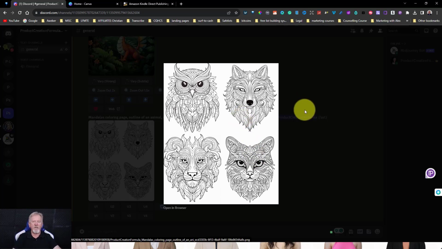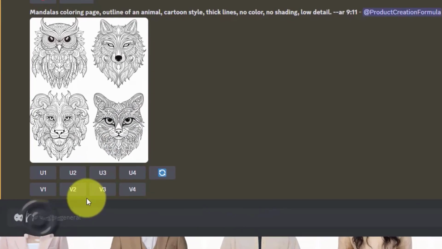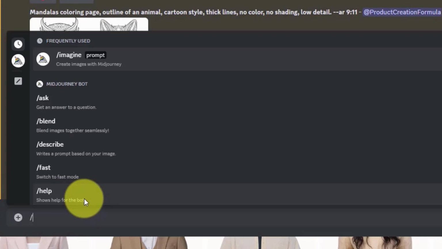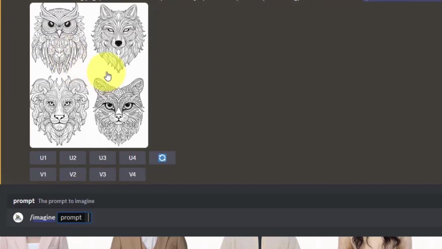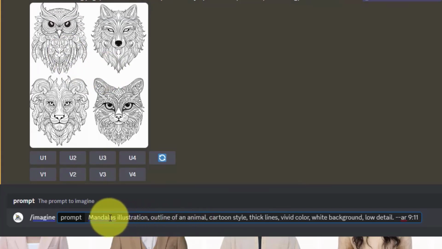And same deal with the mandalas one if you wish to create the cover page as well. And that is, of course, you now put your / there. You can click on this section just here if you wish to speed the process up, Control V in my case. So it's mandalas illustration, outline of an animal, cartoon style, thick lines, vivid color,